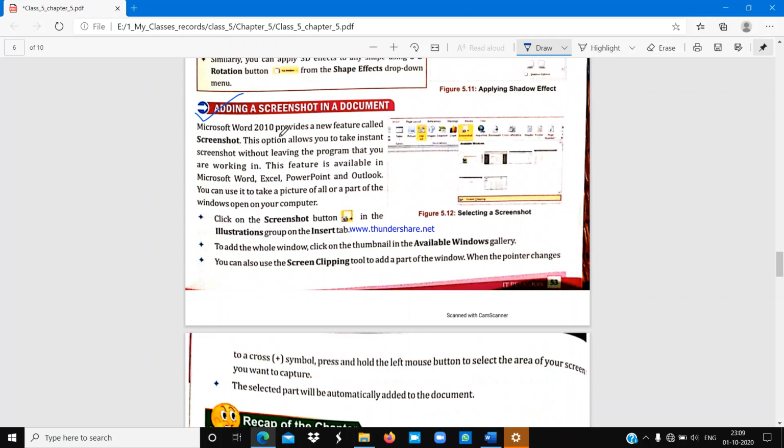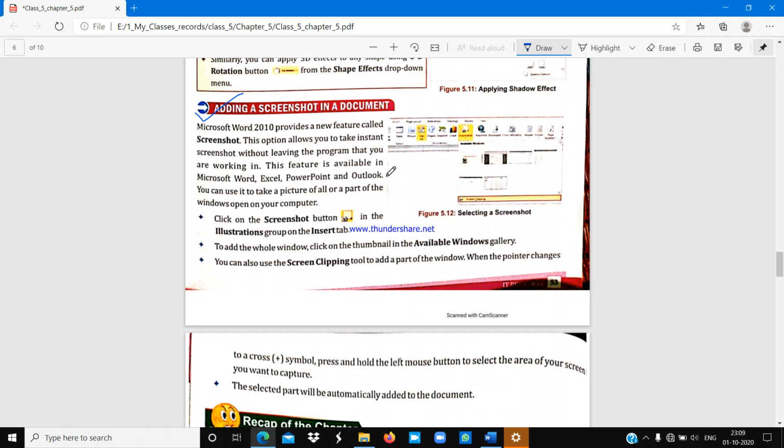Microsoft Word 2010 provides a new feature called screenshot. So from Microsoft Word 2010 onwards, we can use the screenshot feature. Okay, this option allows you to take an instant screenshot without leaving the program that you are working in.